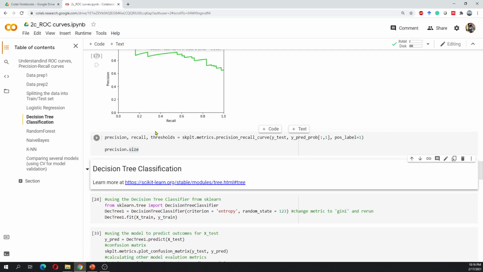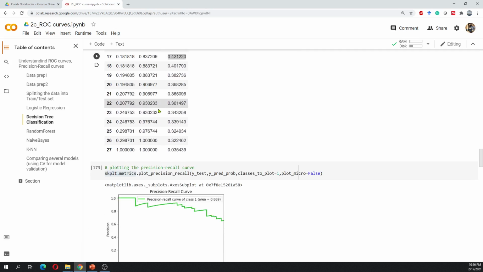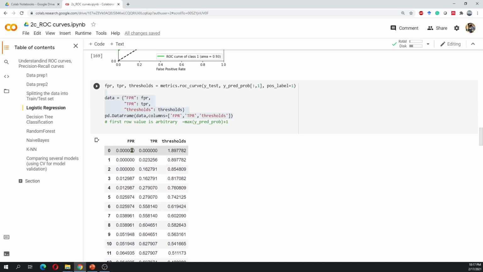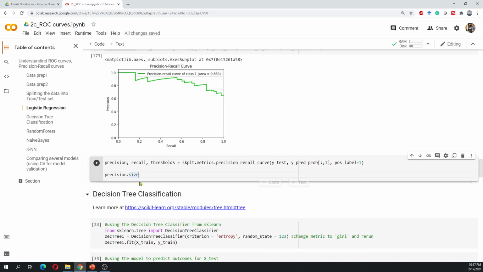Okay, so it turns out we can create that better looking data frame here. The reason is the values this returns for the length of the precision and recall arrays is one longer than the threshold one, and that's because for that extra one, it would just add an arbitrary threshold, which is the maximum predicted probability plus one, but it doesn't do it for this one. So we can't just put them next to each other in a data frame, but we can still look at